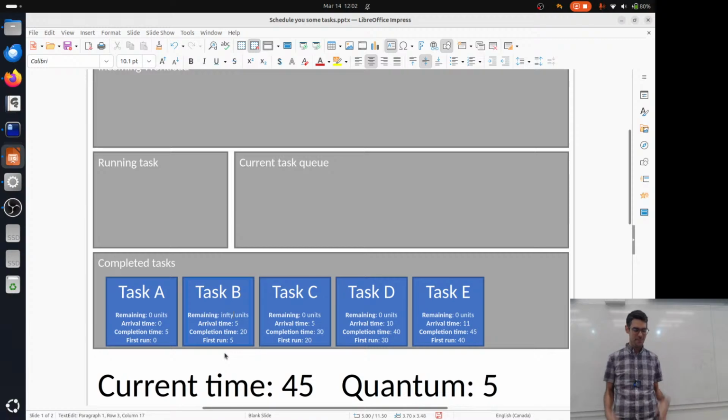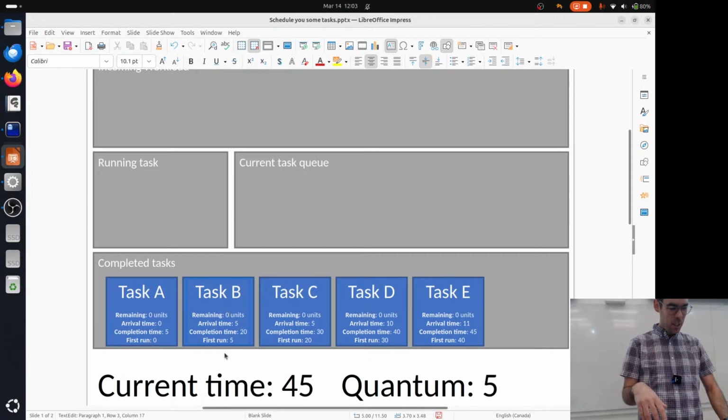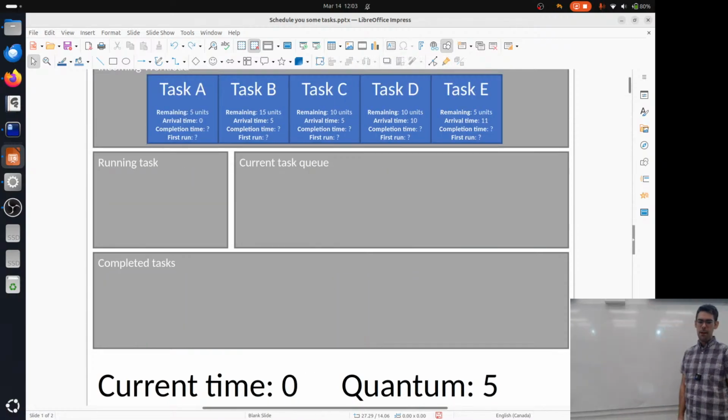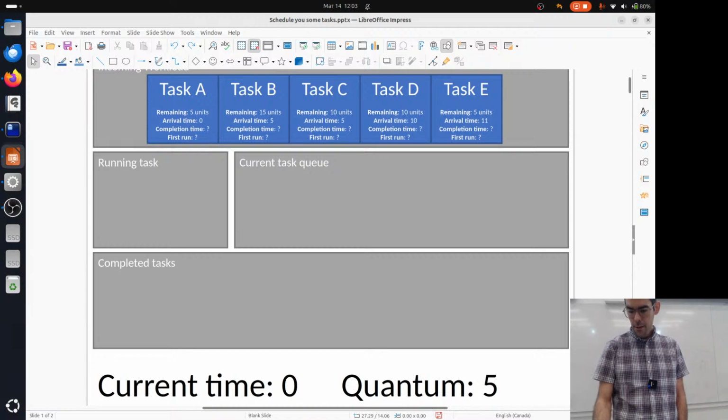And yeah, okay. I'm going to Control Z here all the way back to the beginning of my state. We're going to go back to the beginning here. And now what we're going to do is switch to looking at a different policy. The next policy that I want to look at here is the shortest job first policy. So the policy that we were just looking at was FIFO. This was, you basically get to go when you show up. That's the order that you get to operate in. Now we're switching this to be